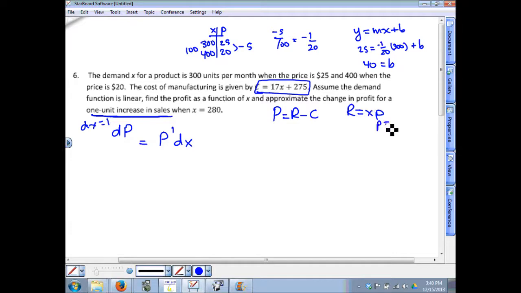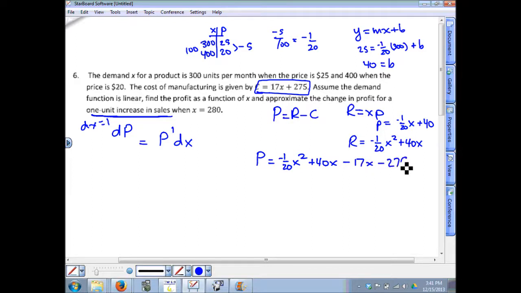So the demand function p is equal to -1/20 x plus 40, so revenue is equal to x times the demand, so it's negative 1/20th x squared plus 40x. Now profit is equal to this revenue, negative 1/20 x squared plus 40x, minus the cost, so minus 17x minus 275. So profit, if we combine these two middle terms here, is negative 1/20th x squared plus 23x